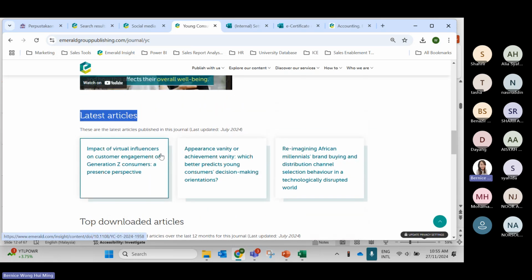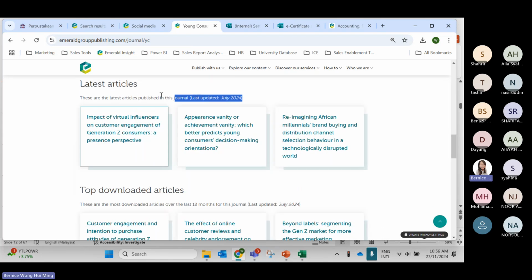We do provide three latest articles every month. This is July. The latest articles are updated monthly or quarterly. I think it is quarterly; they will update it quarterly on our individual journal page.